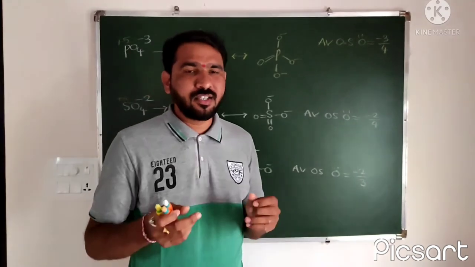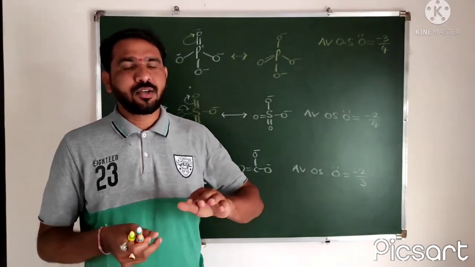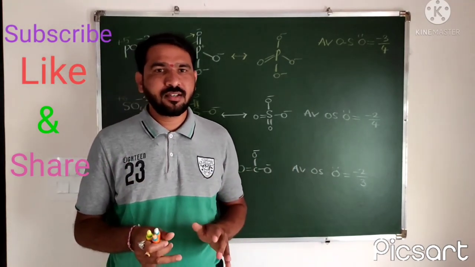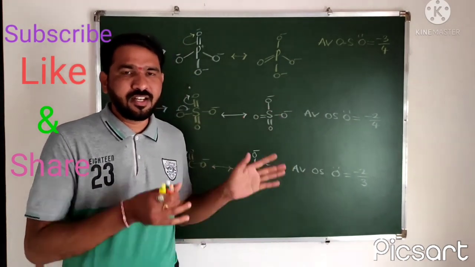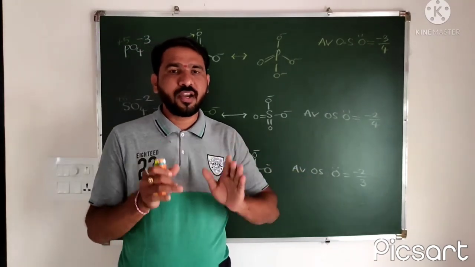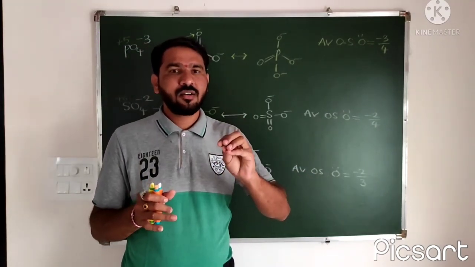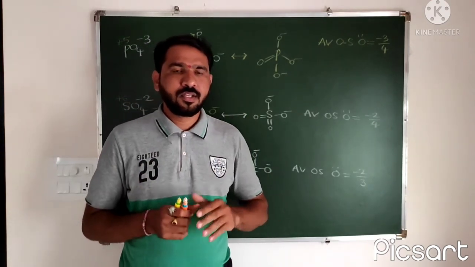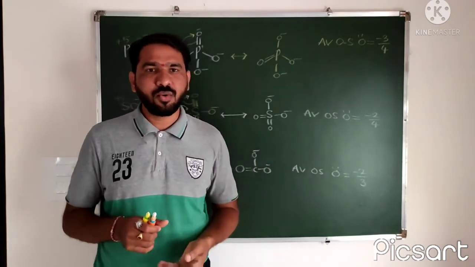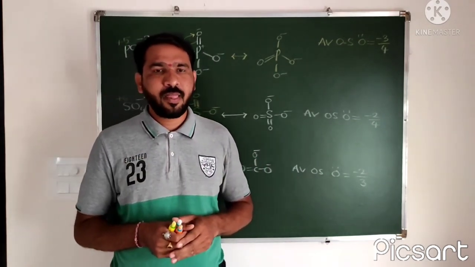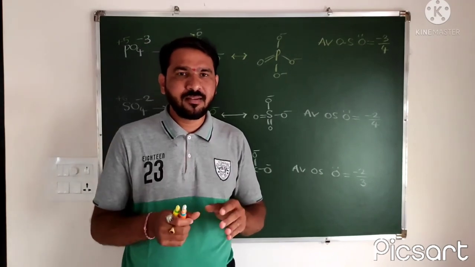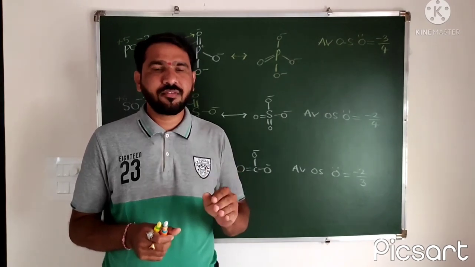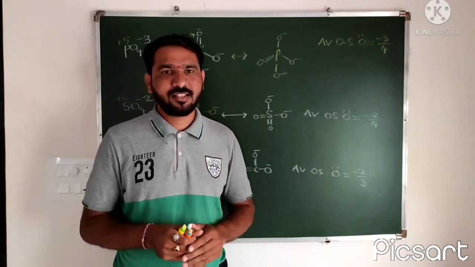Like this, we can get the oxidation state of the central atom as well as the surrounding atoms. These examples are very, very important. In this session, we discussed how to find the oxidation state of an atom present in a molecule or ion. In the next video, part 2 of stoichiometry, we will discuss the oxidation process, the reduction process, and types of redox reactions. Thank you.